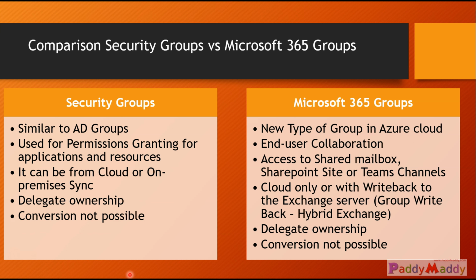And from a conversion point of view, converting from a security group to Microsoft 365 is not possible because Microsoft 365 consists of user collaboration and it will consist of some kind of data. So it makes sense that you cannot convert from a security group to a Microsoft 365 group. So these are the high level differences. One of the differences that